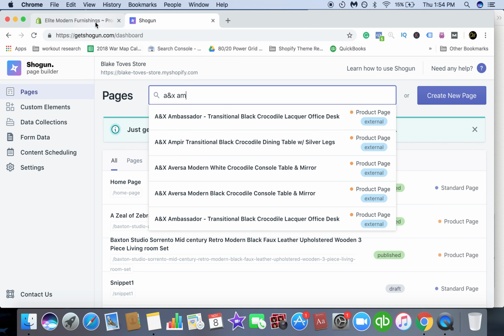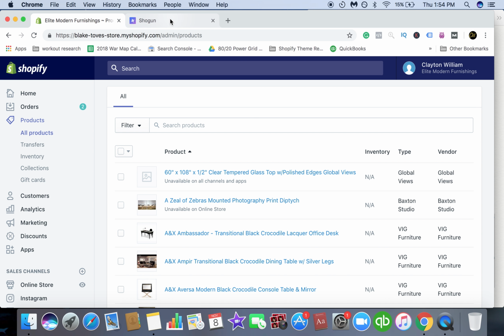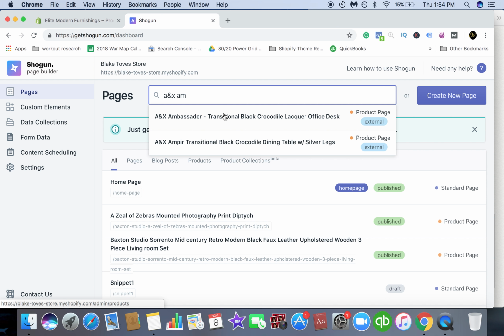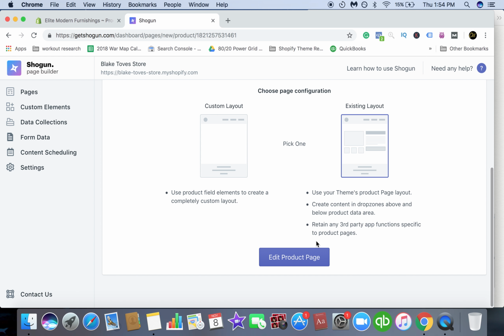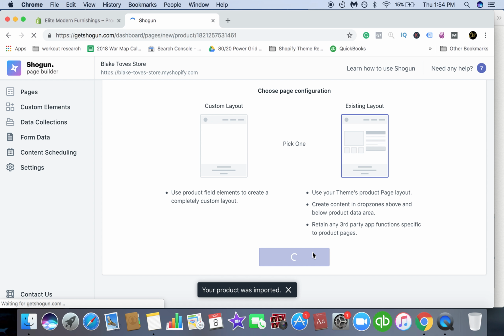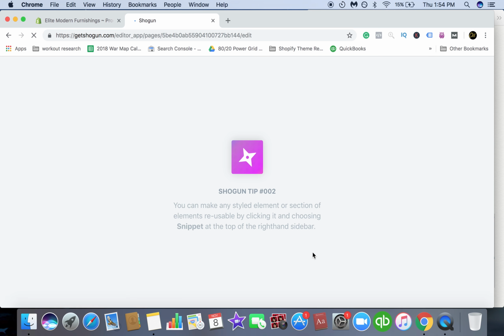All right. Yep. Yeah, so you're making sure everything matches up, everything is accurate. Existing layout, edit product page, and then we start the whole thing over again for every single product, please. All right,